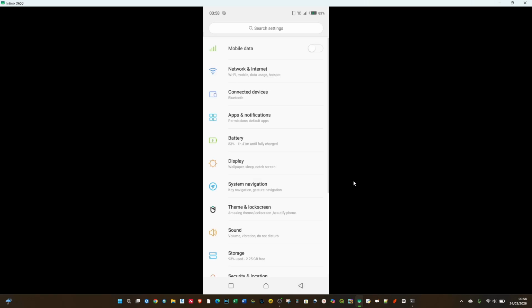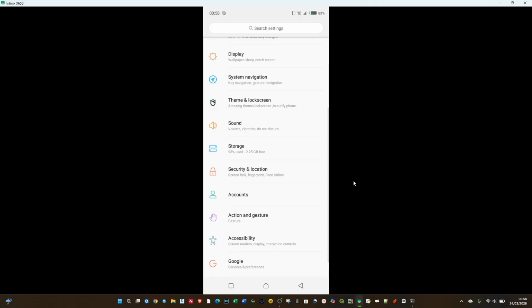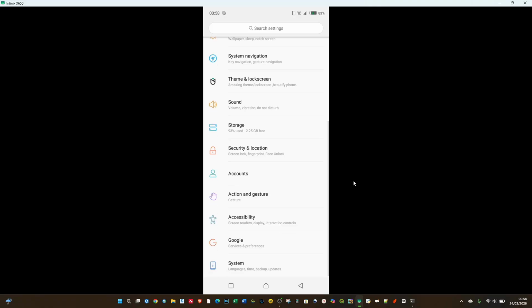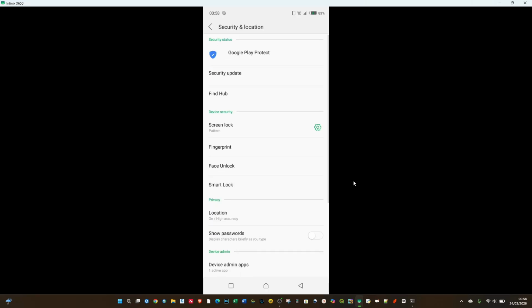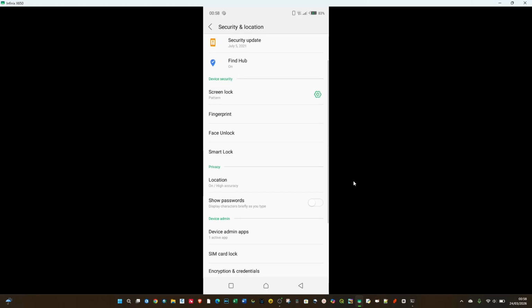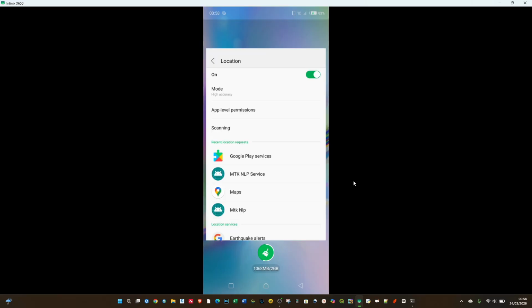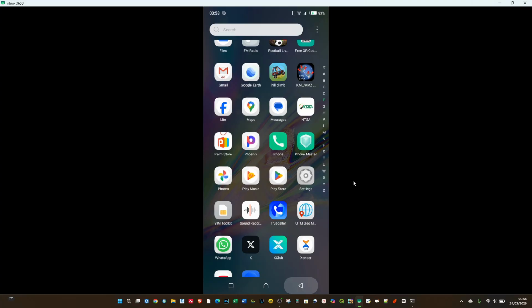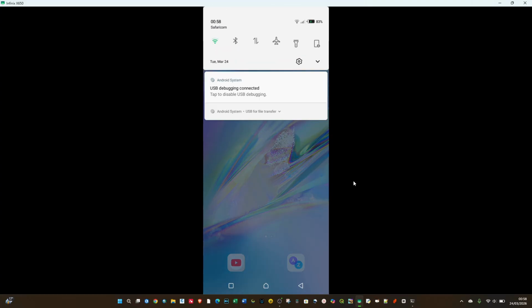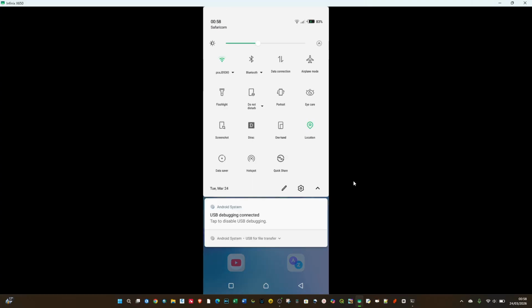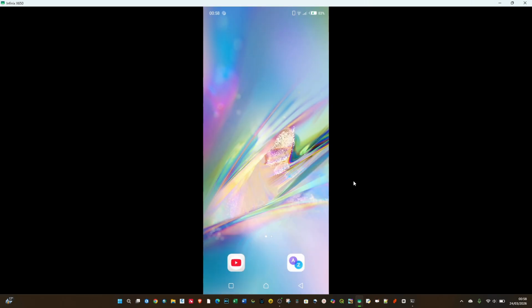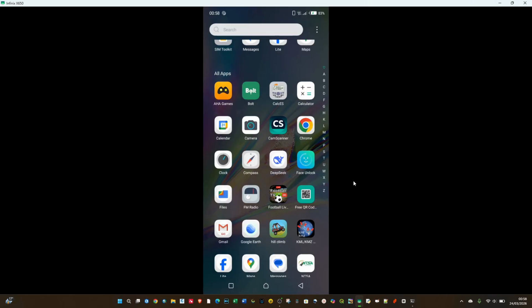Scroll down to security and location right here, and then under privacies section, choose location and make sure that we tap that, we turn that on. This process can actually be simplified by swiping down your screen and then you select Wi-Fi and then location. Now go to maps, click on maps,